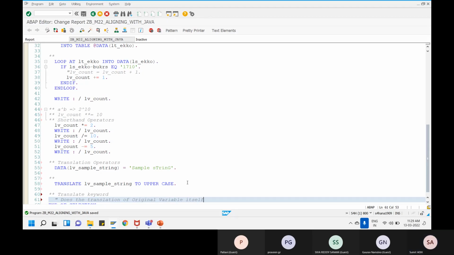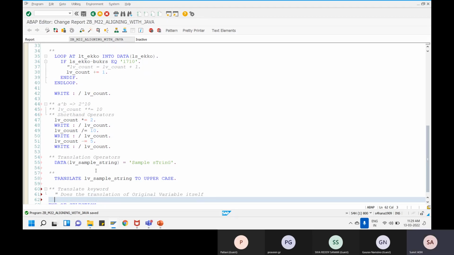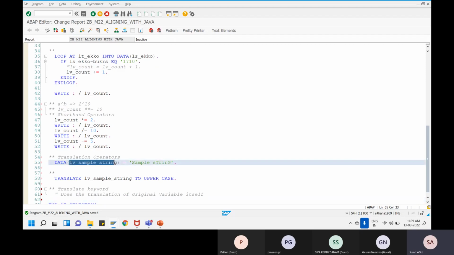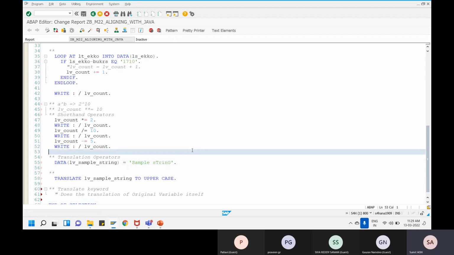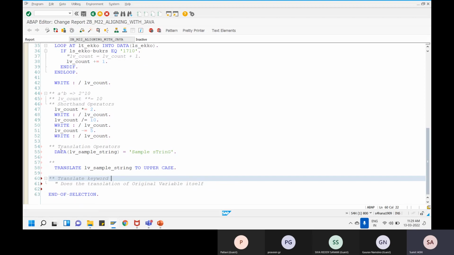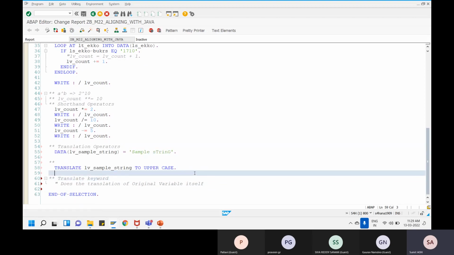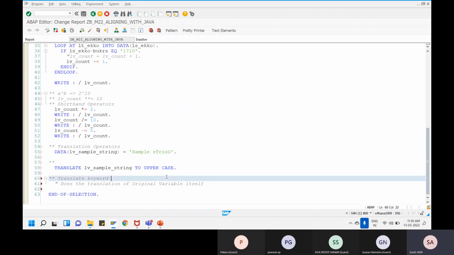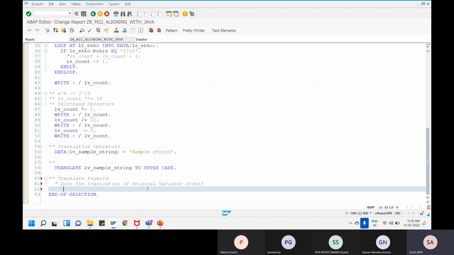So once I perform translate on this, my original variable would be translated into something. If I add this translation in between, and afterwards I have 10 more lines of code, those lines would also get the variable converted to that particular case, uppercase or lowercase. Secondly, this is an English keyword based translation, and due to that,